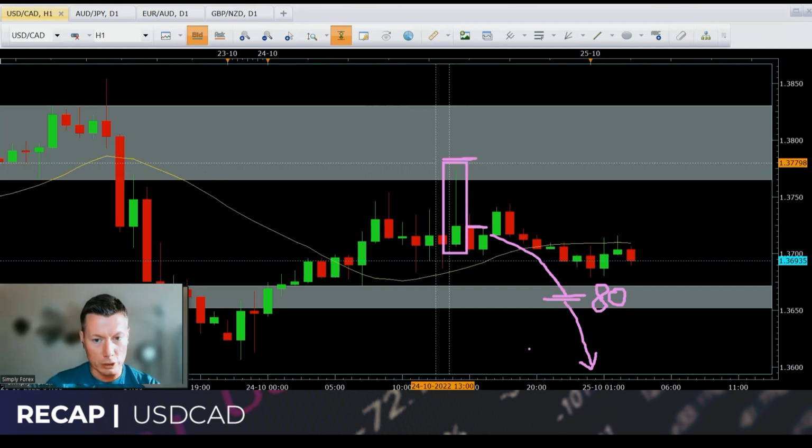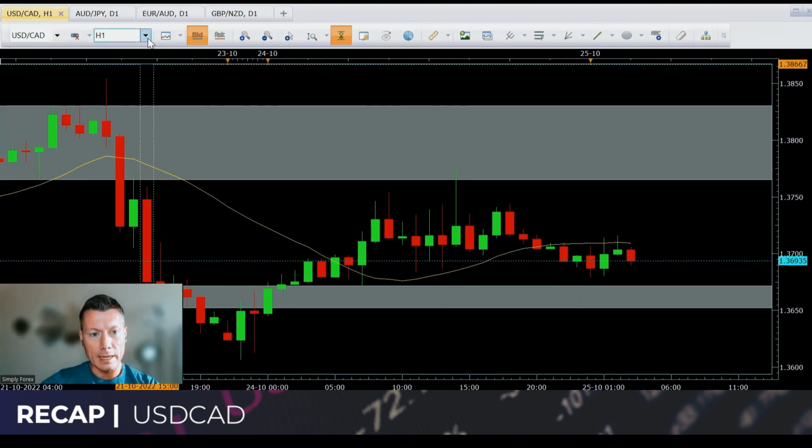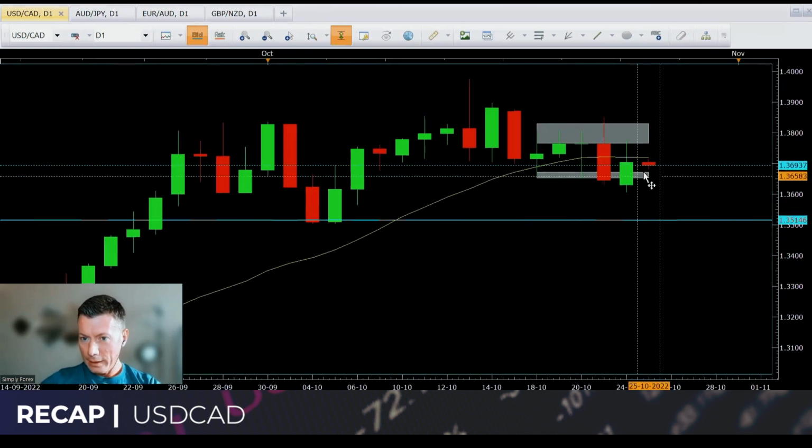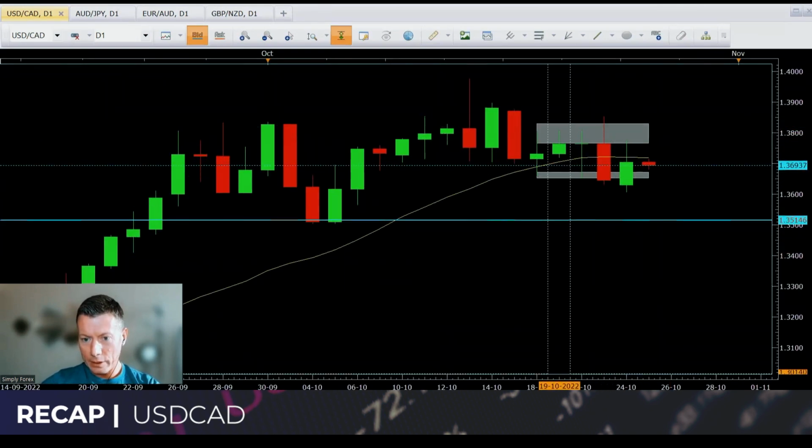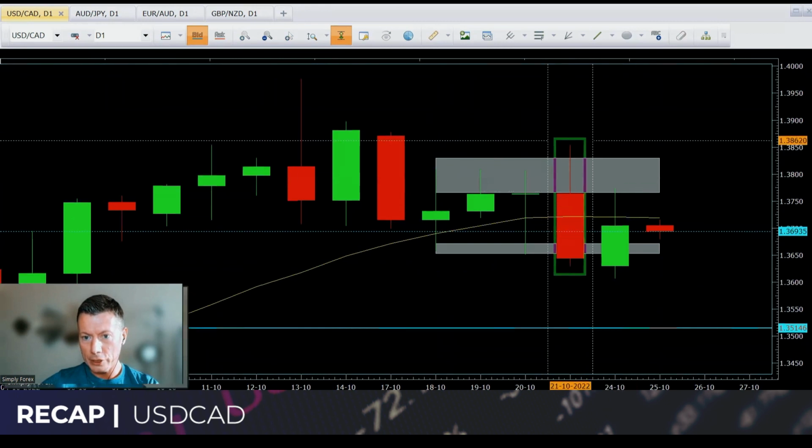The first one took some profit. The second one I'm still in. So we'll see what happens with this today. But if we look at the daily candles, guys, I still like it. I still like this for a short. We've still got this bearish candle, and although this was a green bullish candle, we've still got this wick that rejected our grey zone.